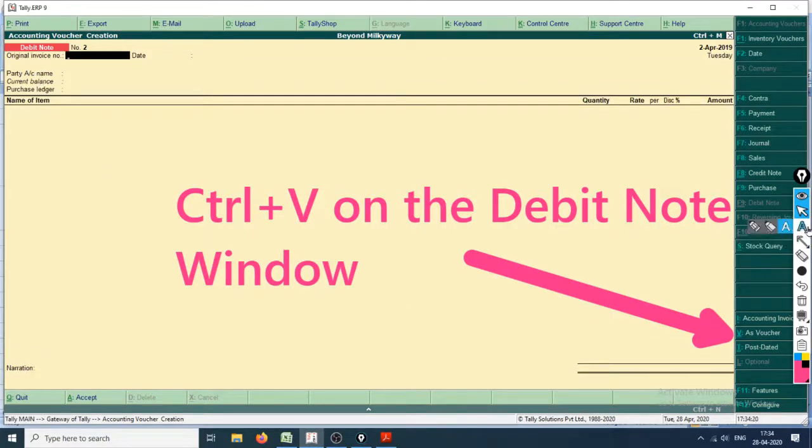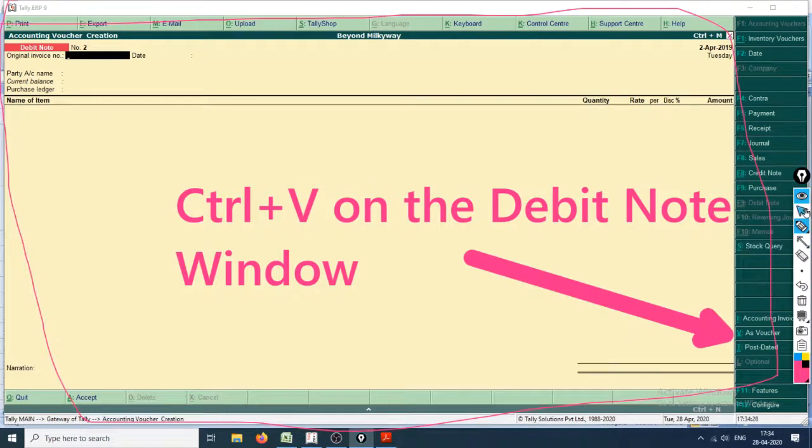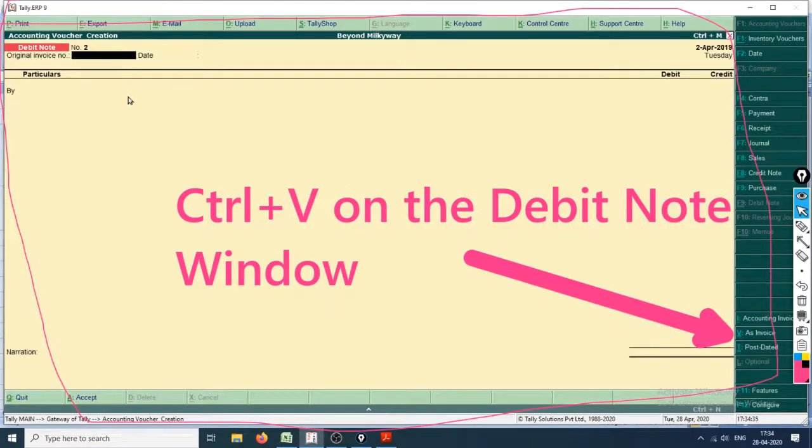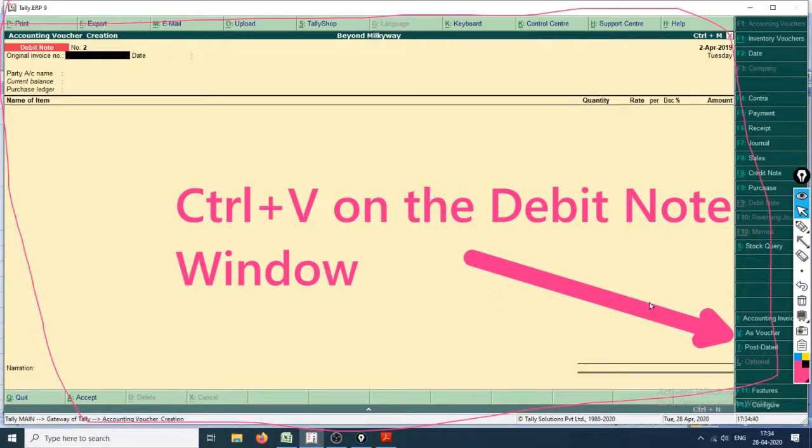Now you can see that this window right here is changed, and this is pretty different. Let's see what the previous one was, and let's toggle by Control V, Control V. So we want to create an invoice instead of a voucher or a journal entry. Voucher is as good as a journal entry.